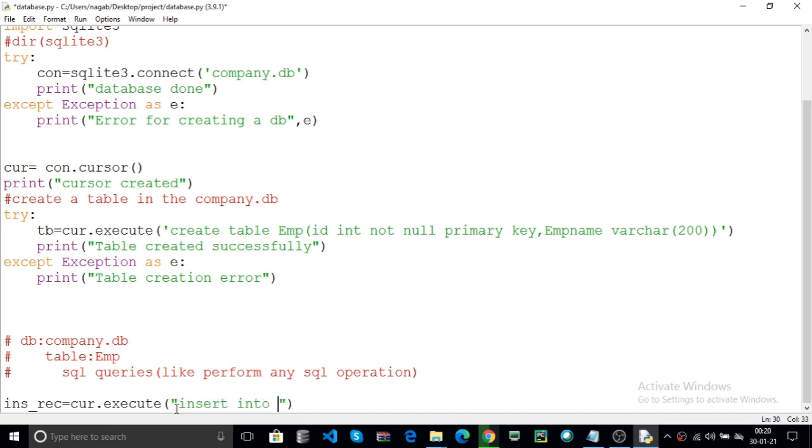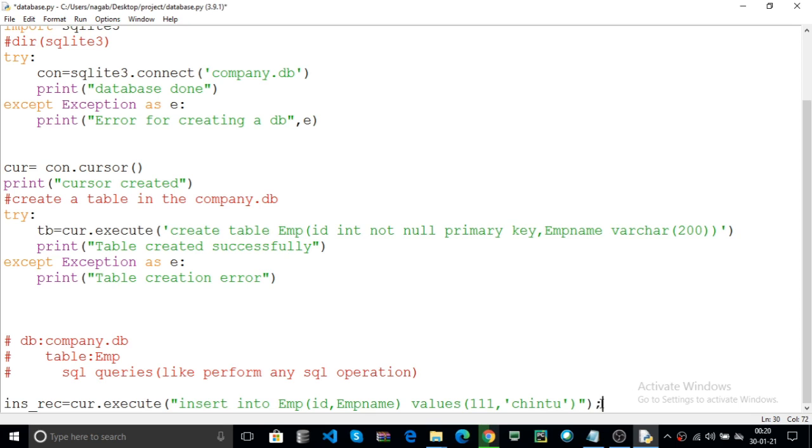into the table name. Here you can pass the fields. Here you can use the id. The other key is emp name. Hereafter you can pass the values. For example, I pass the id as 111. Emp name is, for example, Chintu. Now this is one record.